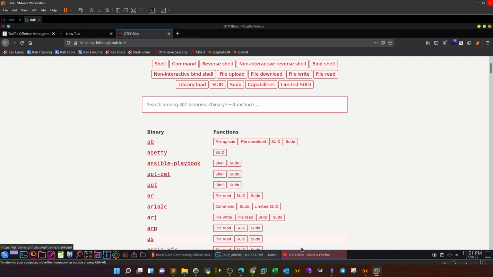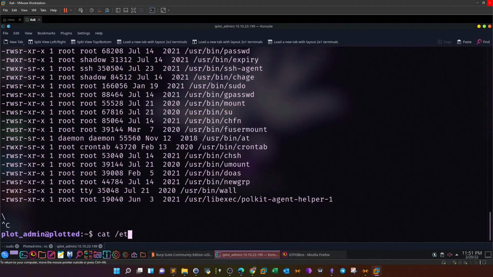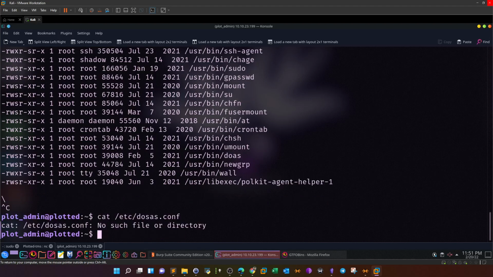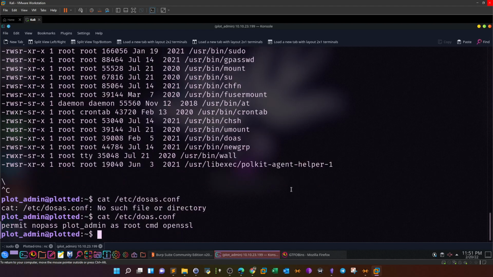Nothing. All right. If you take a look at the configuration of doas, cat /etc/doas.conf, inside the configuration, this is the problem. As you can see, permit nopass plot admin as root cmd openssl. What this means is the plot admin user can run openssl as root without the need to supply a password, and execute commands through it. To demonstrate this, we run doas, followed by openssl, and then to execute commands through openssl, we type enc -in,